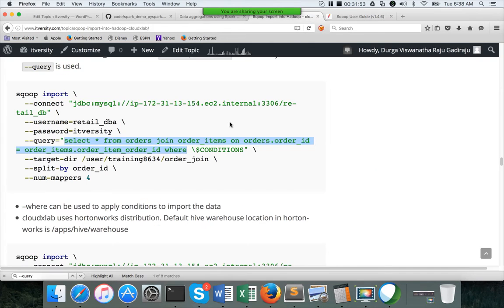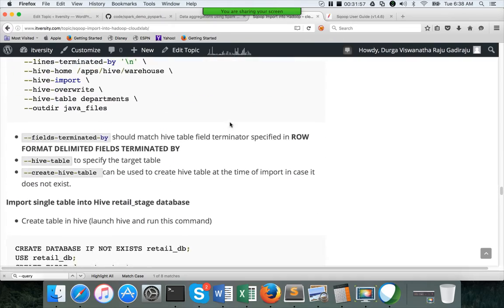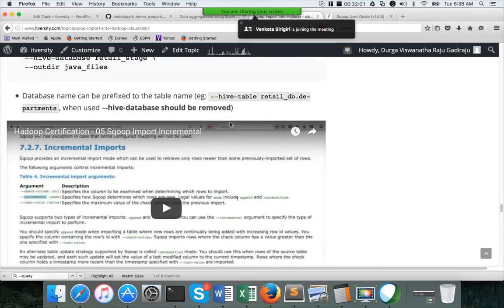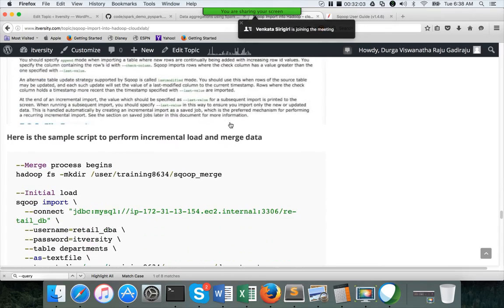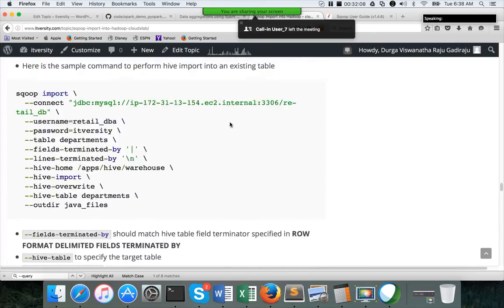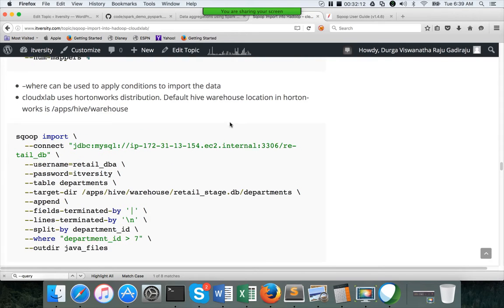Okay. So that being said, now I will run one Sqoop command which will cover most of the control arguments. Okay, let me see which one I should use. Yeah, I will use this one.